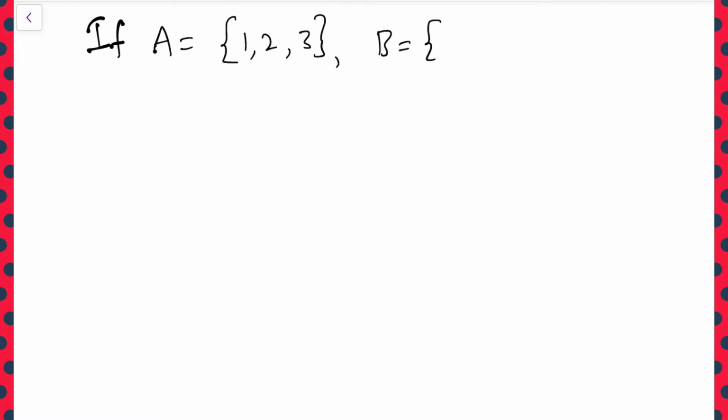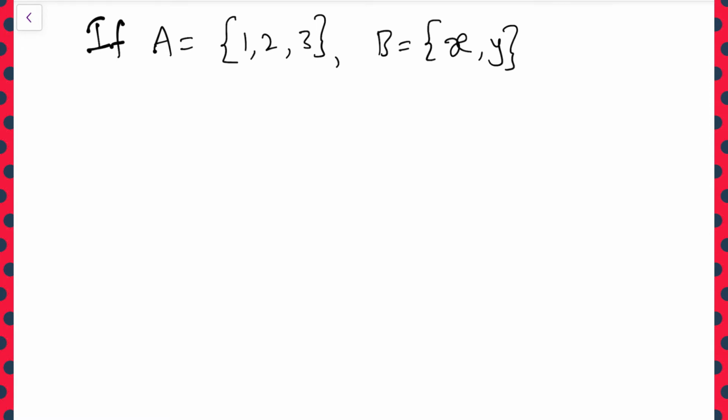Okay, now let us discuss some of the problems from the textbook. On page number 2, we have an example on writing the Cartesian product. It's a very simple one, but just have a look at it. If set A equals 1, 2, 3, and set B equals x, y, then he is asking to write A cross B, B cross A, as well as A cross A and B cross B.